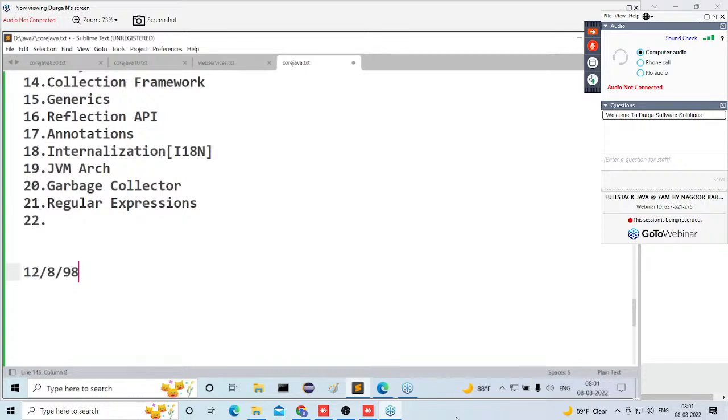Now tell me, when I enter this date of birth on the registration form, internally one program is taking this date of birth and trying to match it with a particular pattern. The date pattern is available internally. What is the date pattern? DD hyphen MM hyphen 4 Ys. That pattern exists here. Against this particular pattern, this date value is being matched.